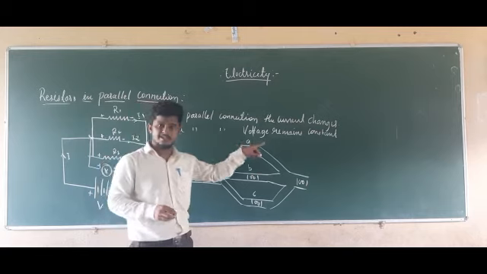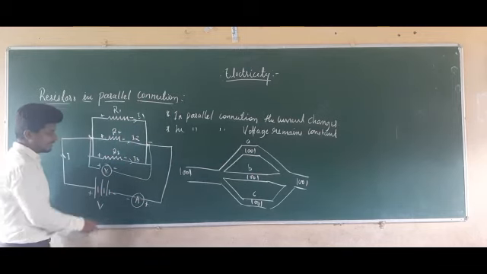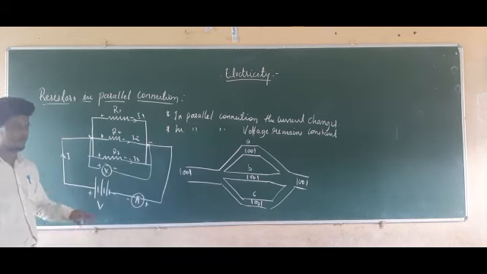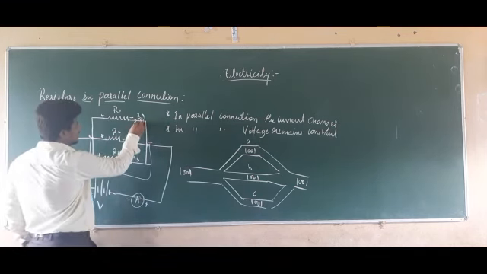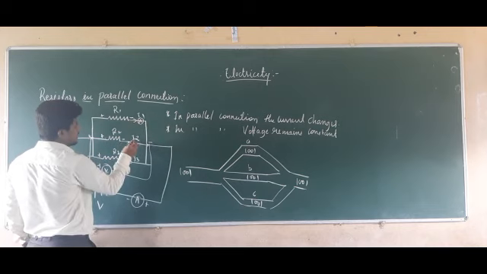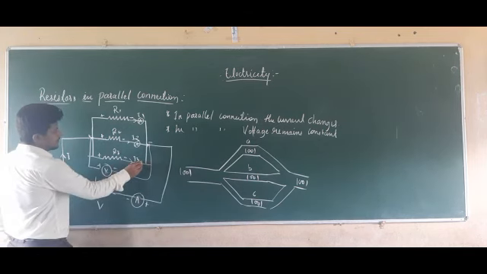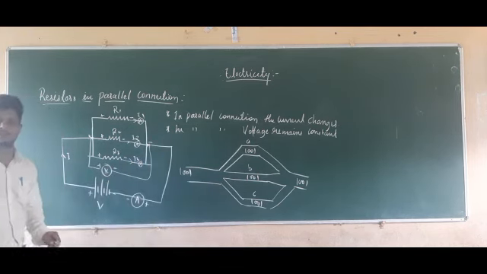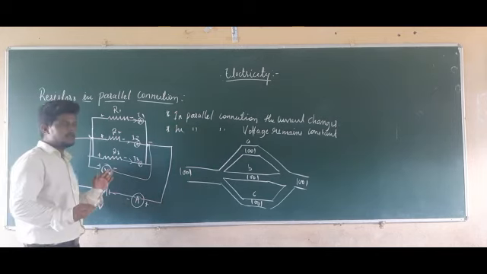Here the current is changing but the voltage is constant, so we can directly find the voltage like this. This ammeter is connected to find the total current. Here we are going to connect another ammeter to calculate the current I2, and here we are going to connect a third ammeter to calculate the current I3. Right, so this is about the parallel connection.